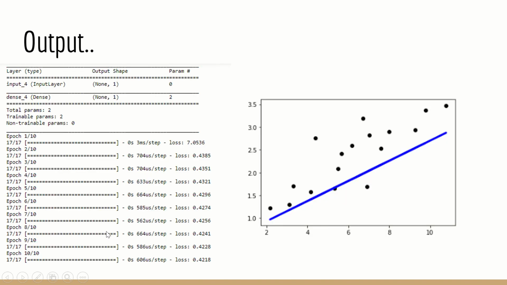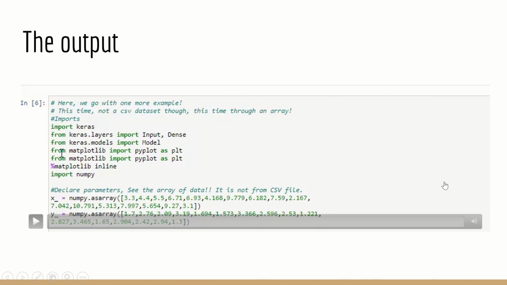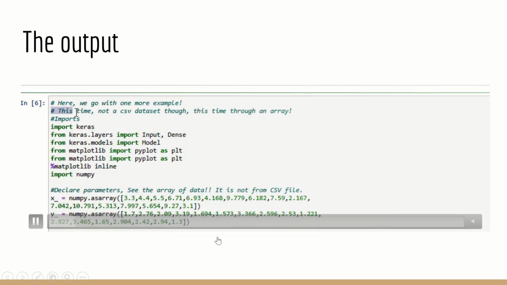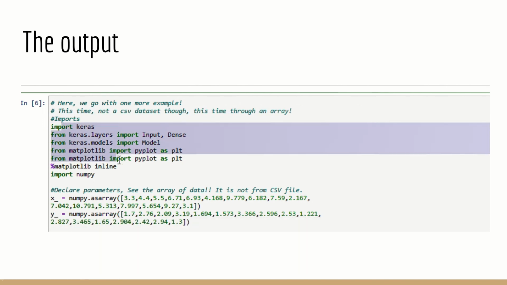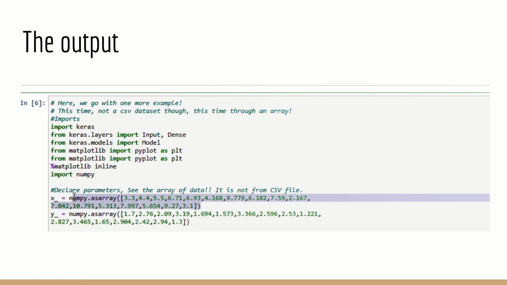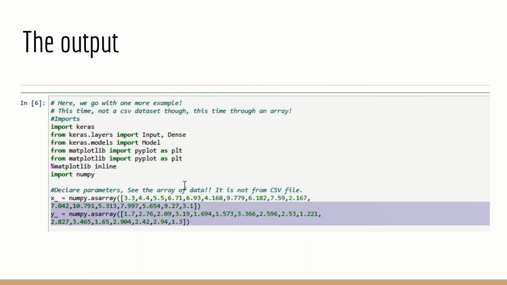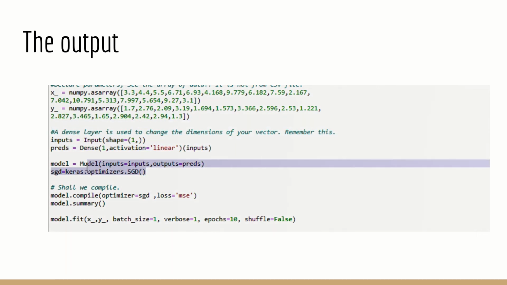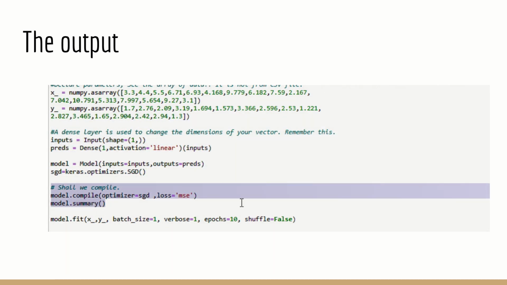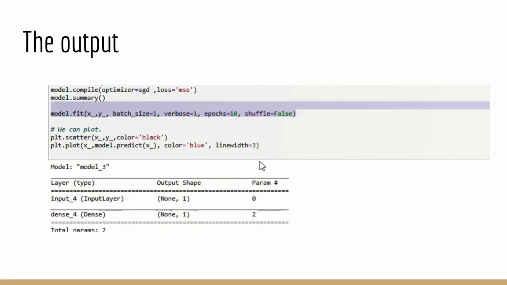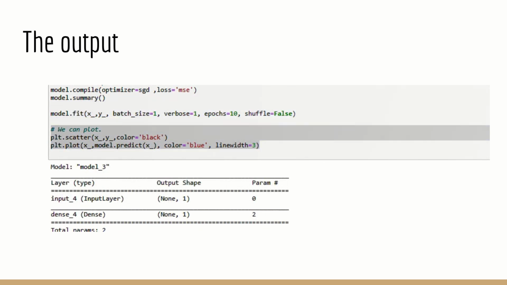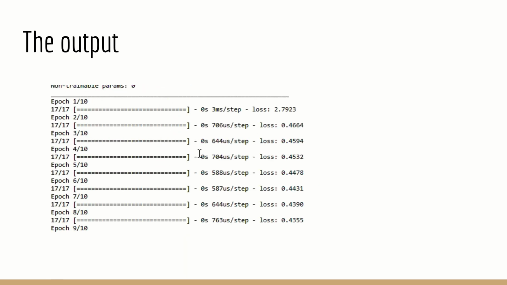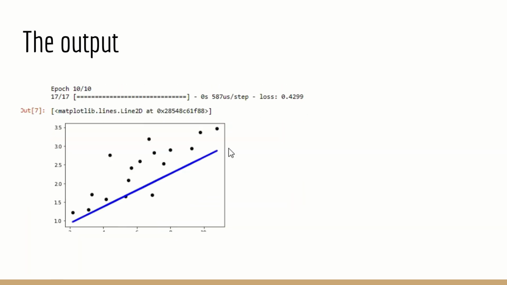The work is over. I have plotted it, and you can see that the output is pretty stable and it is nicely coming. Now we are going to show this also as an output in real time so that you can understand how it works. I have already imported all what I needed from Keras. This is the beauty of Keras. You need not do much of the coding, and you can use all the available modules, and it is easy for you to import as well. Now I specify the input shape. I used dense, and the activation is linear, and I compiled it after I specified the SGD there as optimizer, and then I fit it. I went for the running, and I got the model built. That's it. We have plotted it, and it's very simple.